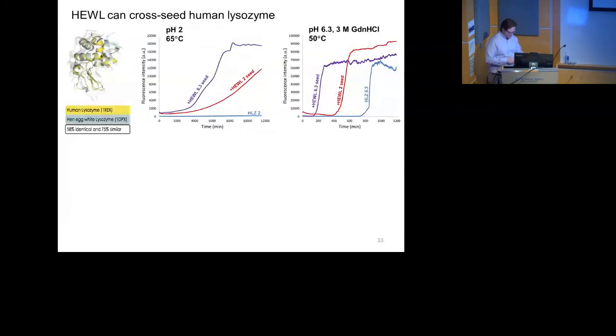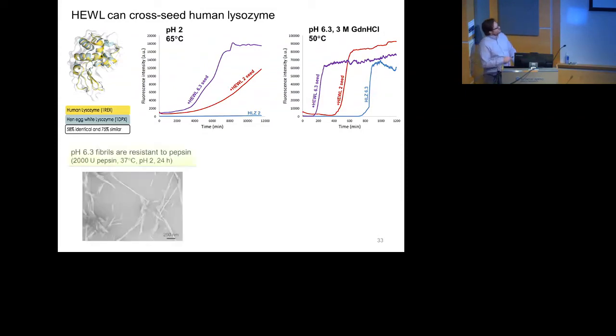seed. And we also looked at, okay, so the seeding phenomenon. It would be a bad thing if you put amyloid fibrils in your body and they seeded formation of your proteins to form amyloid. So we just did a quick check with egg white lysozyme, can it seed human lysozyme? The answer is yes. Under these conditions, pH 2 or with guanidinium. And it turns out that pH 6.3 is a better seed even at pH 2 than pH 2 seed. So this 6.3 thing really wants to seed amyloid fibril